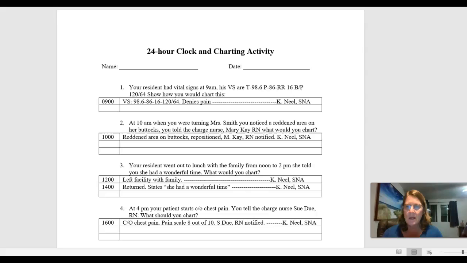So this first one I gave you, it says your resident had vital signs at 9 a.m. His vital signs are temperature 98.6, pulse 86, respiration 16, blood pressure 120/64. How would you chart this? Now, one thing to keep in mind is you don't have to put temperature 98.6, pulse 86. I could put just vital signs